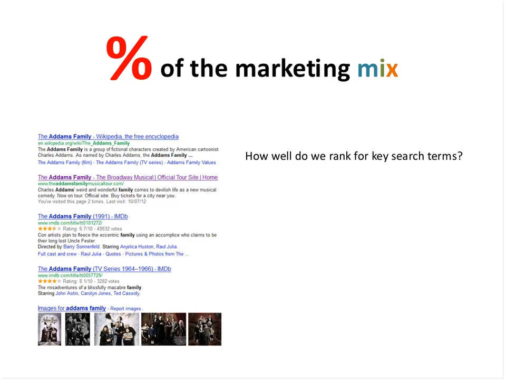I'd say this is probably where I start. In actual fact, I should have had this a few slides earlier. I'd start here and say, well, do we need to spend money on search? It's vital. It's essential. Couldn't possibly live without it. Do this first. Then whatever money is left goes to the other things that we've got.